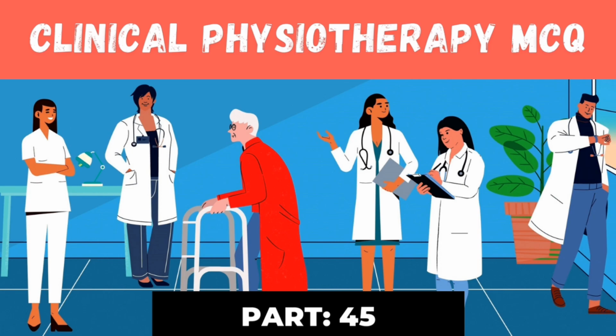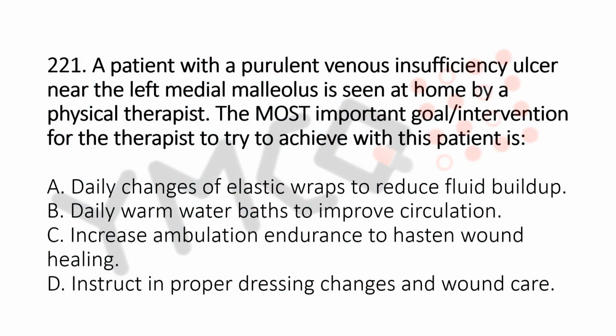Now let's not waste our time, let's move to question number 221. A patient with a purulent venous insufficiency ulcer near the left medial malleolus is seen at home by a physical therapist. The most important goal or intervention for the therapist to try to achieve with this patient is: